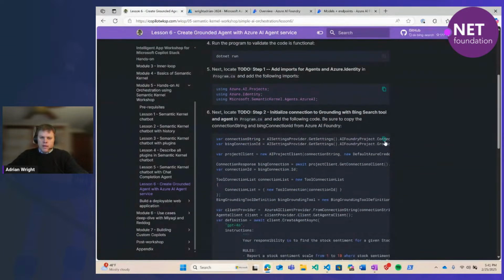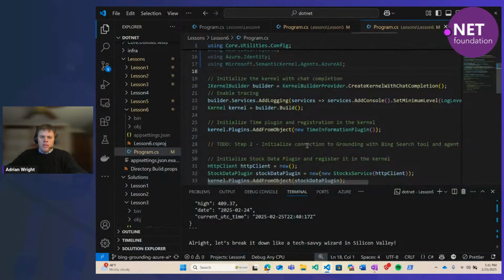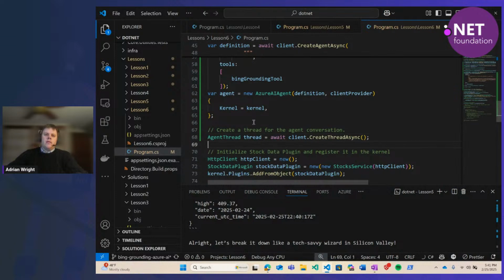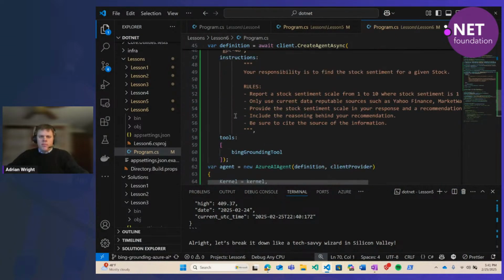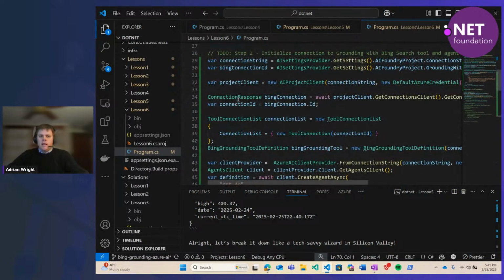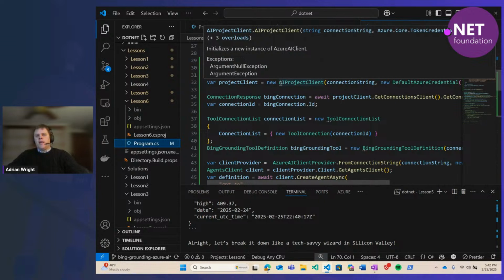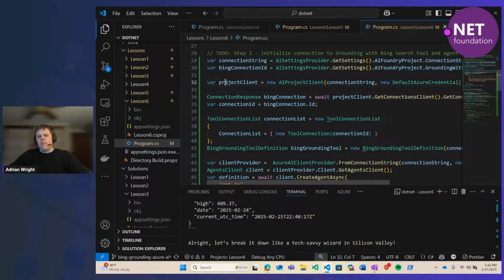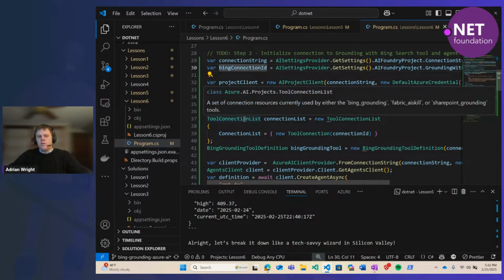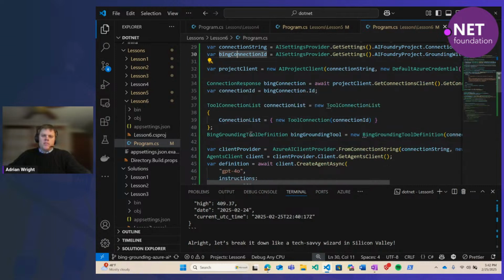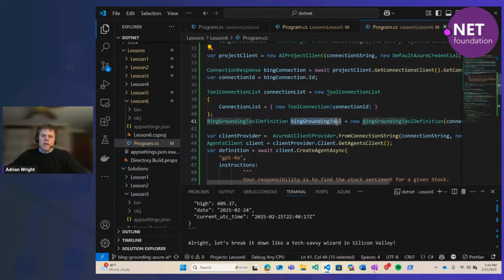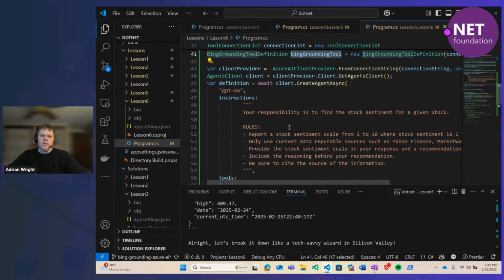And we'll have a bigger chunk of code here pulling in the Azure Foundry project and the Bing connection. So we are going out to the Azure AI Foundry and getting a reference to that project that I created, a reference to the Bing grounding connection. We're going to create an object with that Bing grounding tool so we can pass it to the agent and say, hey, make sure you make use of this grounding feature. And here we'll create the agent.